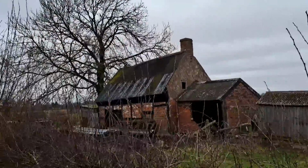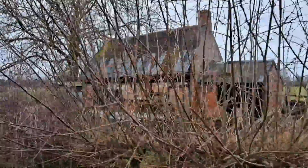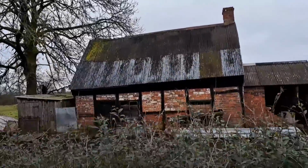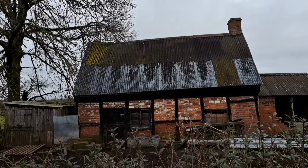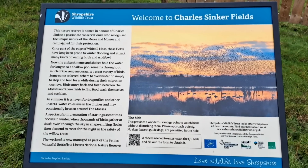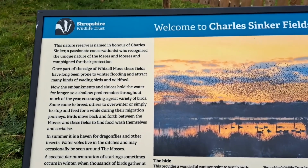Lovely little house. How unusual is that? How quaint. So here we are at Charles Sinker Fields. If you want to view that, obviously pause the video and have a read. But yeah,